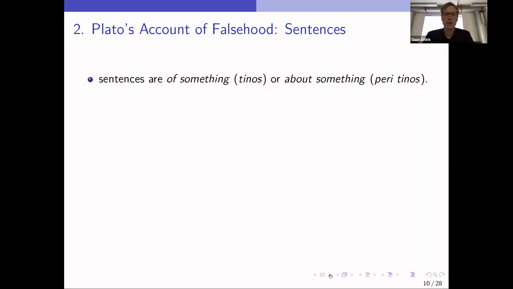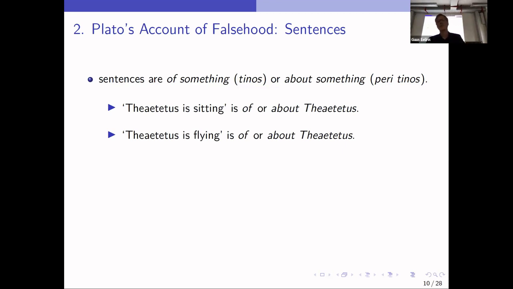Now we then get two further points. The first being that sentences are of something or about something, and these two are equivalent, I take it. And then we get two examples to illustrate this, which turn out to be of or about the same thing. So we get the sentence Theaetetus is sitting, which is of or about Theaetetus, and the sentence Theaetetus is flying, which is also of or about Theaetetus. So I take it that a sentence is of or about what is signified by its name constituent, which we